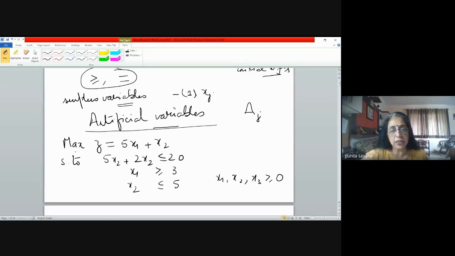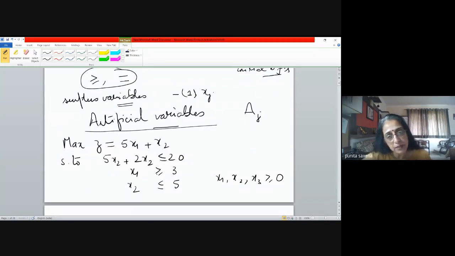It's a maximization type, right? Two of the constraints are less than or equal to type, so no problem. We can always add slack variables here. But one of the constraints is more than or equal to type, so we cannot add a slack variable here. We'll have to introduce a surplus, but then surplus would get subtracted, and because I need a pivot element from the second constraint also, I will have to add an artificial variable here.